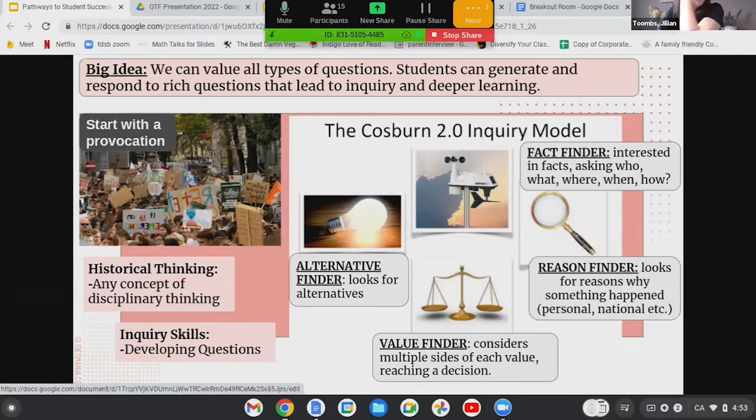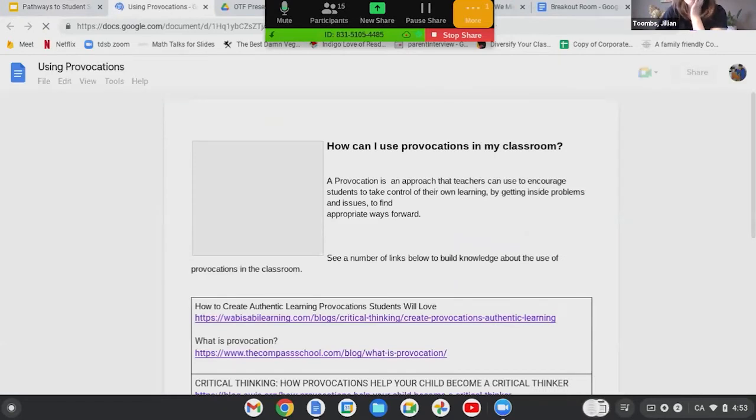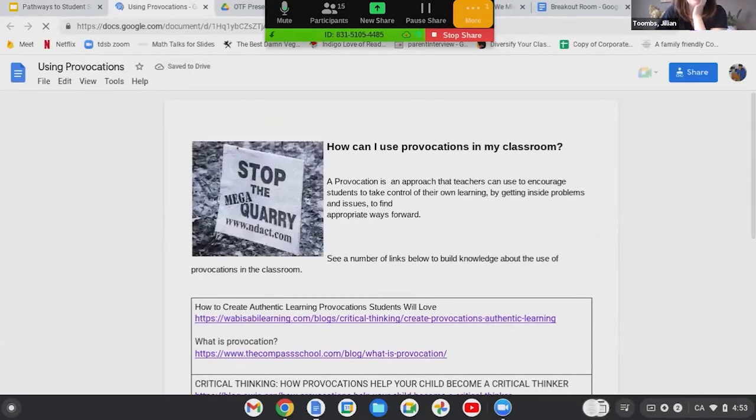One of the things I really like about this lesson is that it starts with a provocation, and included in the lesson, which I immediately saved to my files because it's so handy, is a Google Doc which explains a little bit more about what provocations are. If you teach kindergarten, you definitely know what a provocation is.